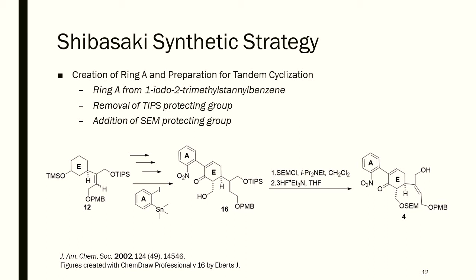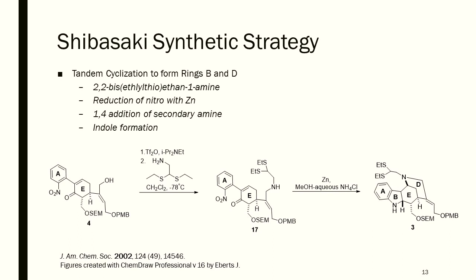Ring A was actually brought in from 1-iodo-2-trimethylstanylbenzene, and it was added to ring E. To prepare for the tandem cyclization, the TIPS protecting group was removed and an SEM protecting group was added. One of the keys to Shibazaki's reaction is the tandem cyclization to form rings B and D at the same